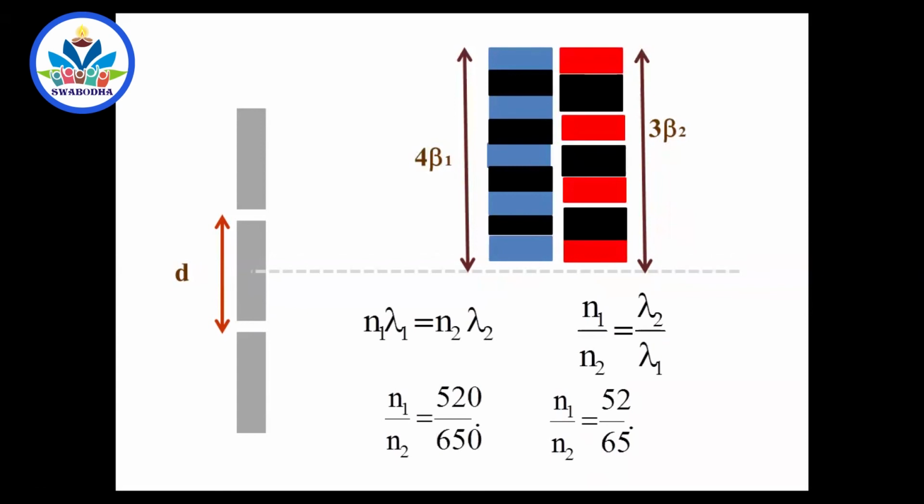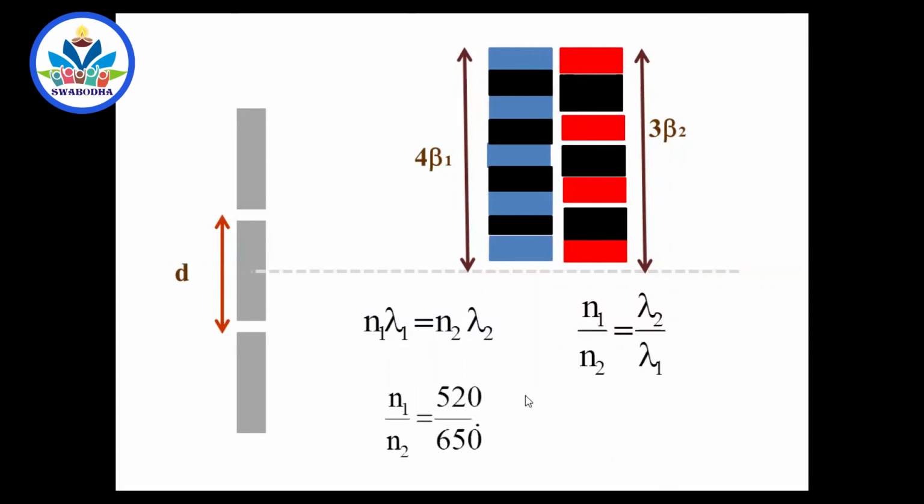Last time we got 5 by 4, right? 4 by 5. I was saying that you could have written it as 0.8. If you write it as 0.8, what will you say finally? It is the 0.8th fringe of both that coincide? No. It should be an integer, right? It is the 5th fringe of one wavelength and the 4th fringe of the other wavelength that coincide at the same place. Understood? Similarly, the 52nd fringe of N1.